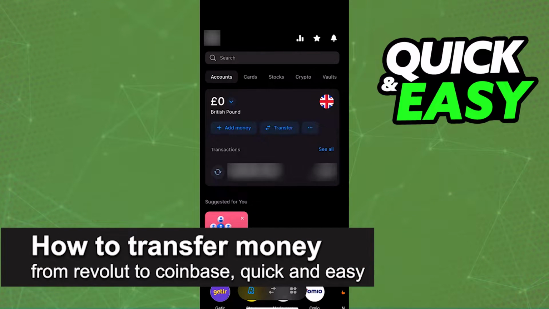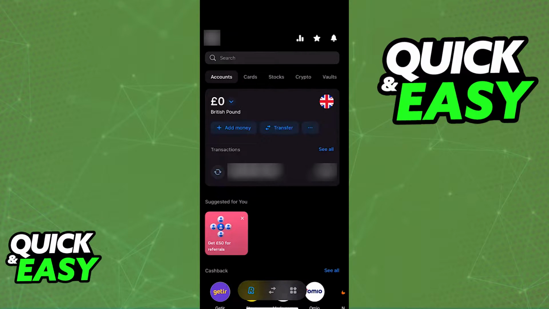In this video, I'm gonna teach you how to transfer money from Revolut to Coinbase. It's a very quick and easy process, so make sure to follow along. You will be able to transfer any amount of Bitcoin that you have inside of your Revolut account over to